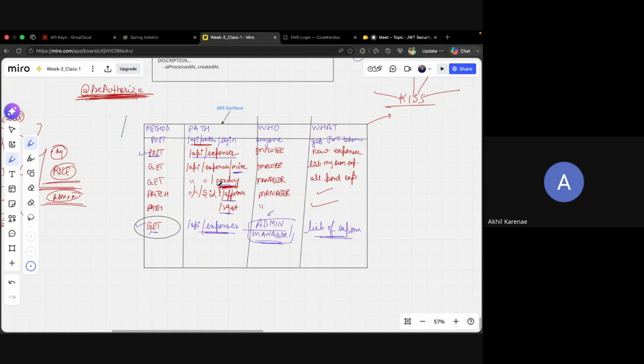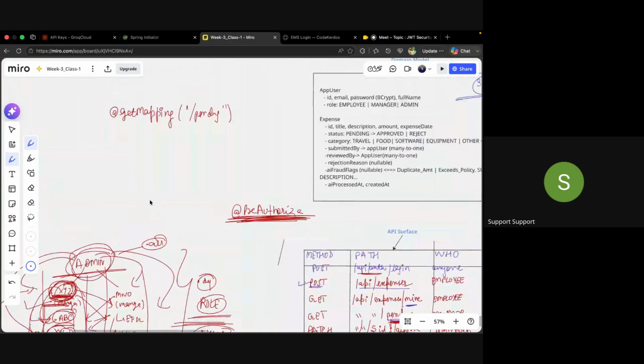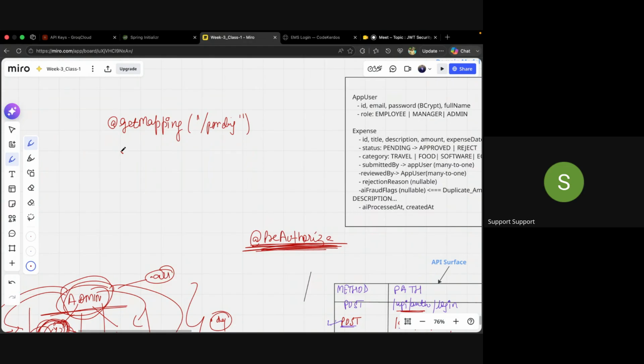Yes, and it should be accessible by our manager. So what it will do: at the rate GetMapping, and at the rate we will use PreAuthorize. This is the beauty of Spring Boot. Inside this PreAuthorize, I'll say hasRole, and then I'll say